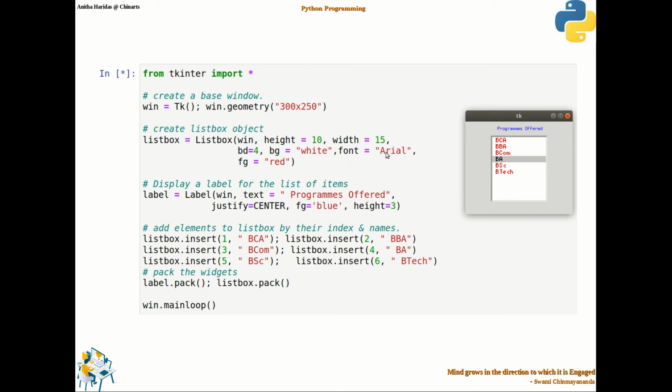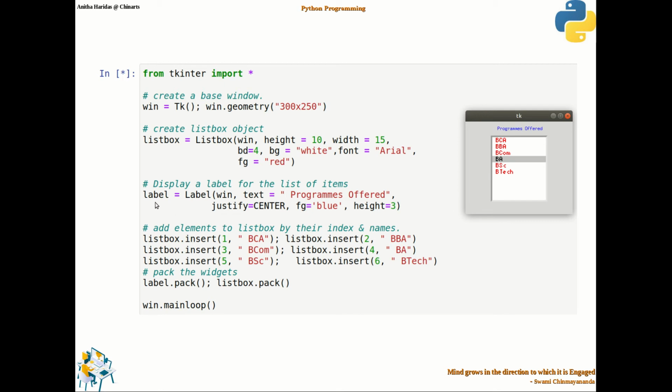In the earlier example, the frame example, we had seen we create a font object, then the font object is given as the value for the font option. Whereas here I just specify the font family name as a string literal to the font option. Then I specify the foreground as red color. That is why inside the list you have a white background and the red foreground.